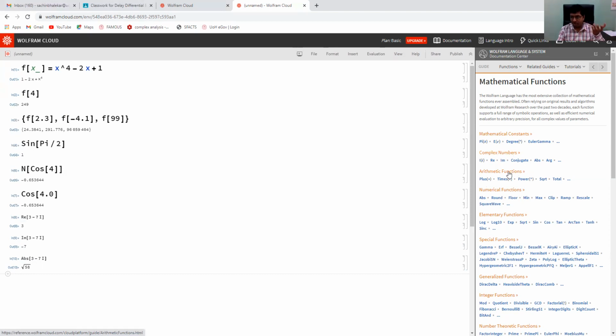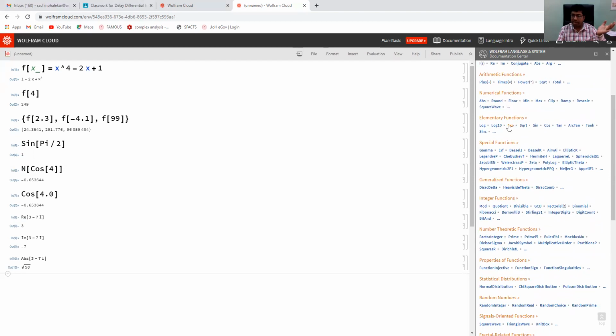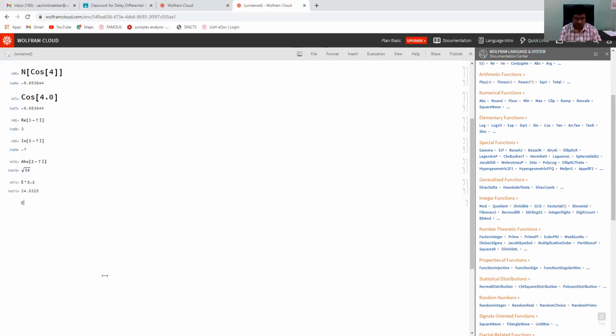Then arithmetic functions: plus, minus, times, power, and so on. Numerical functions: absolute value, round off, floor function, minimum, maximum, and so on. Exp is used for E. For the exponential function, there are 2 options. Either you can use capital E raised to x, so E raised to 3.2, or you can use Exp of 3.2.